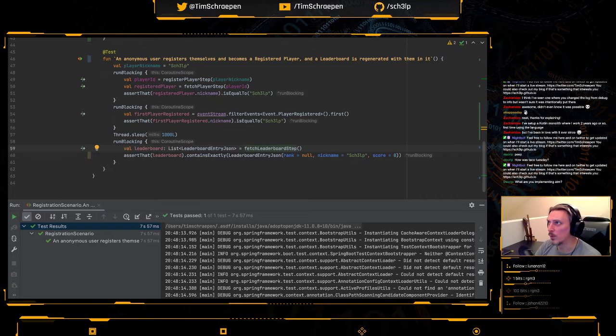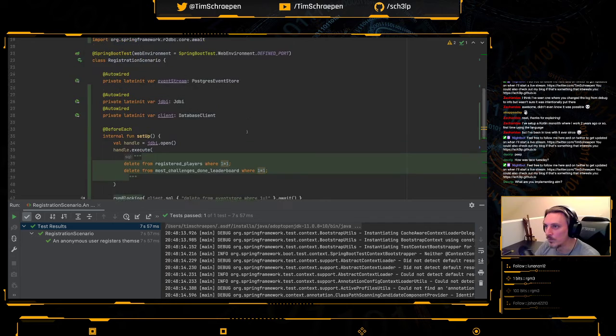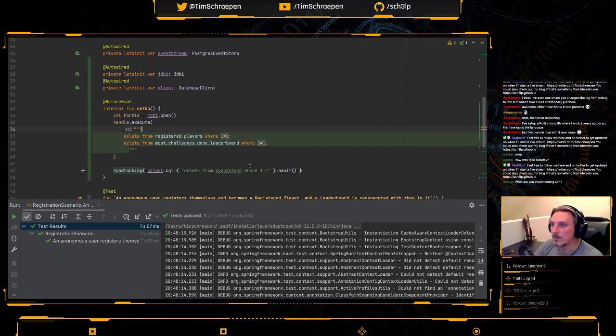I think it's the most challenges started leaderboard or something, and this leaderboard has an entry in it with me, without a rank and with score 0 because I haven't challenged anyone yet, basically. And this is working. And the thing we've just done is we've made sure that our database is clean,